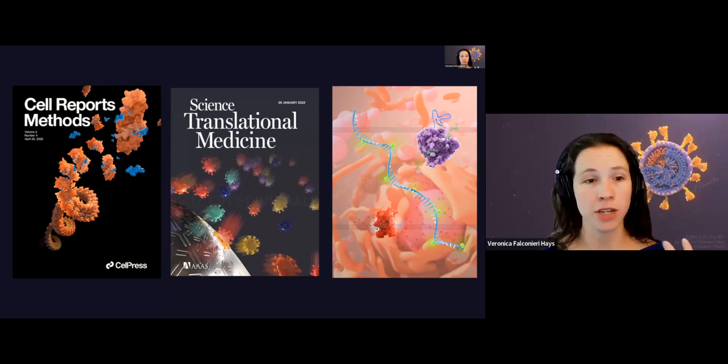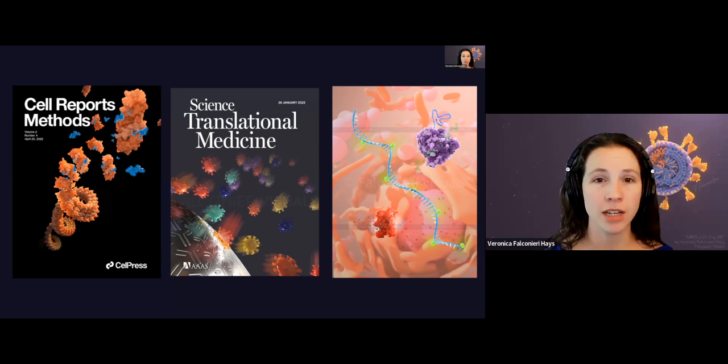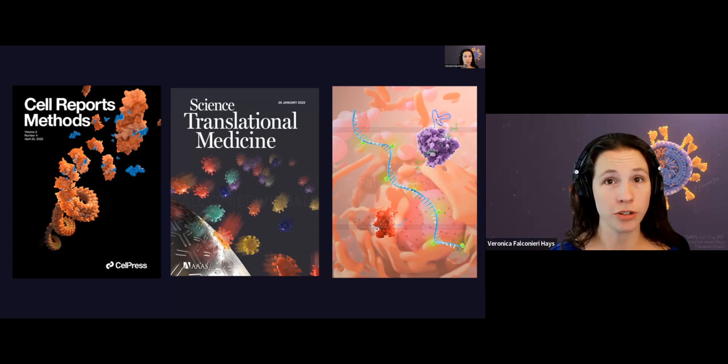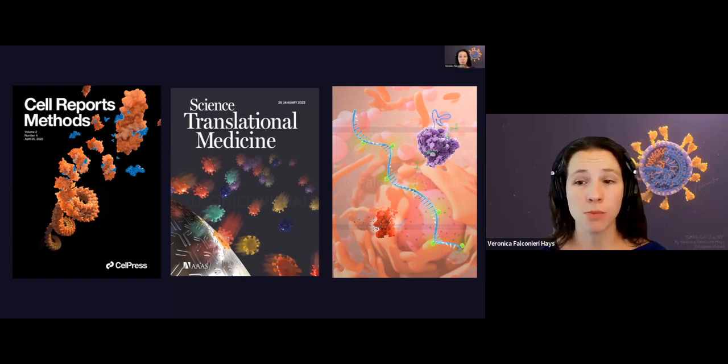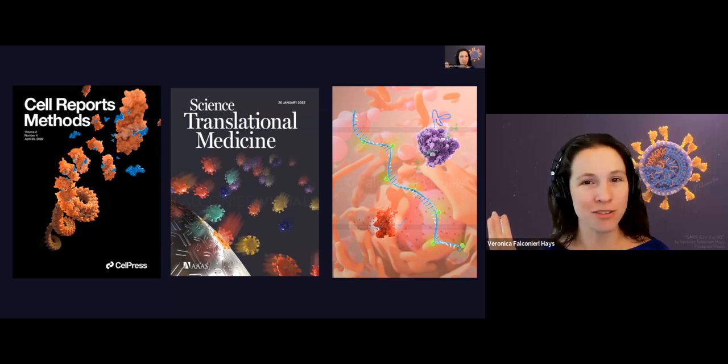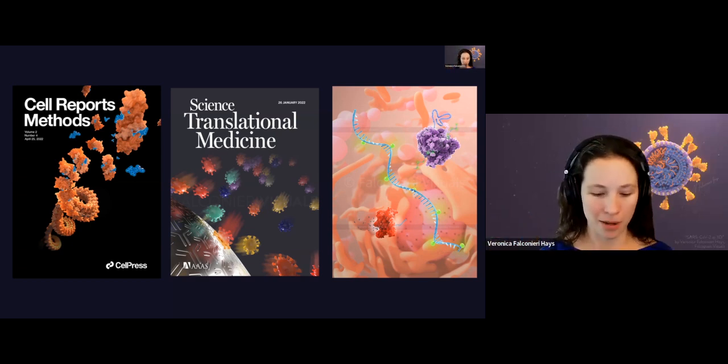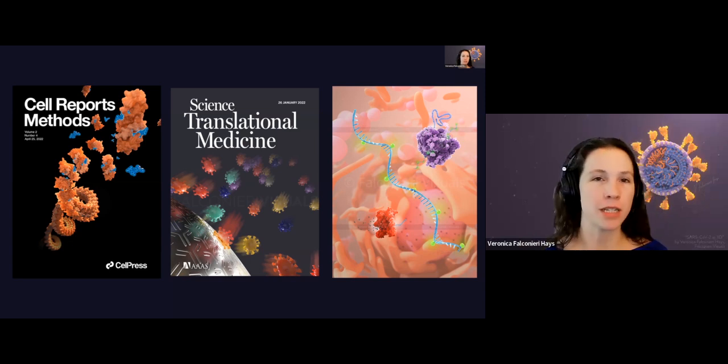So these are some cover designs that I've done. Some of them are very structure-based. You see on the left the Cell Reports Methods covers, where I worked with a structural biologist who determined the structures that you're seeing on the cover. And we really wanted to highlight exactly the structure that they were publishing about. Some are a little more metaphorical, as you can see in the middle, the Science Translational Medicine cover. We've got these almost like rubber ball viruses bouncing off this metal shield of antibodies. And some are a little bit in between, mixing a cellular scene with the molecular scene.